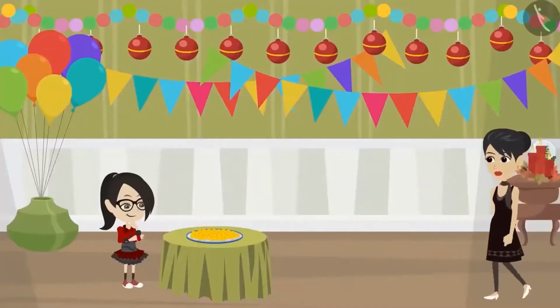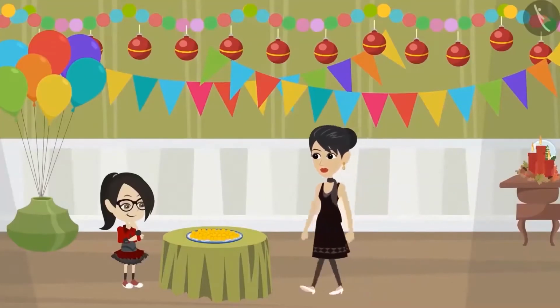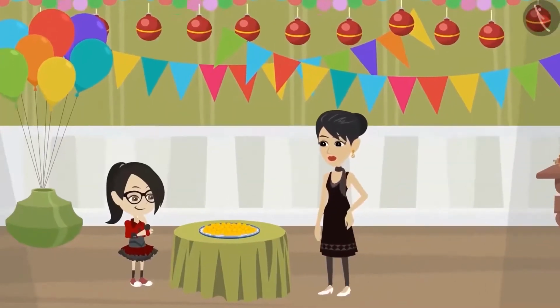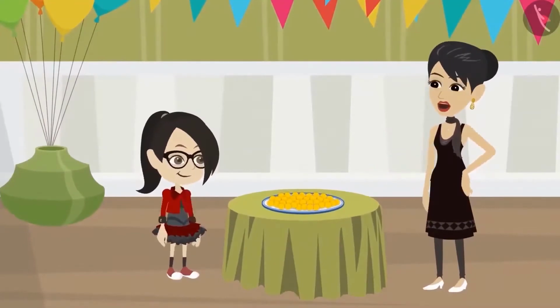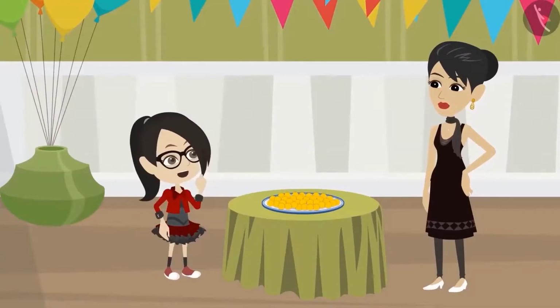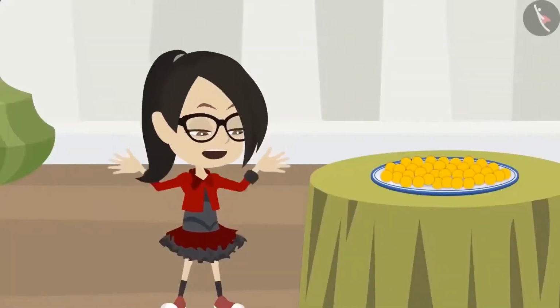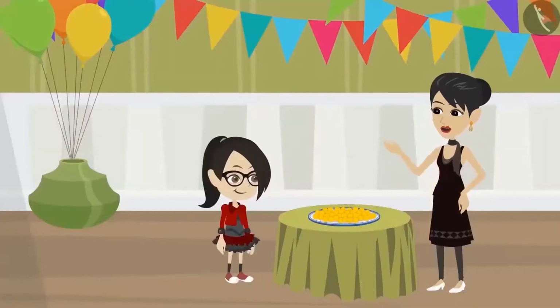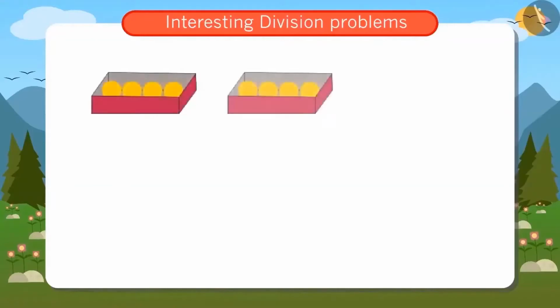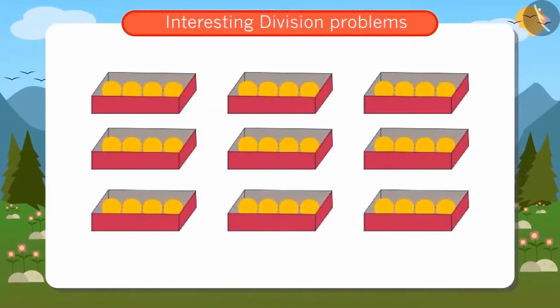That's when Mummy comes from inside. She thought that Vandana must have brought the boxes by now, but Vandana is still standing here. Hey Vandana, why are you still standing here? Yes, Mummy, I am leaving now. Till now I was figuring out how many boxes I have to buy to keep 36 laddus. Oh, that is very easy. If 4 laddus come in a box, then 9 boxes are needed for 36 laddus.